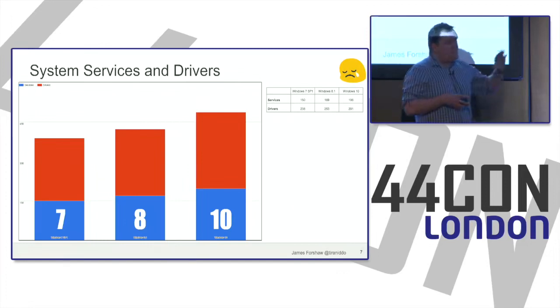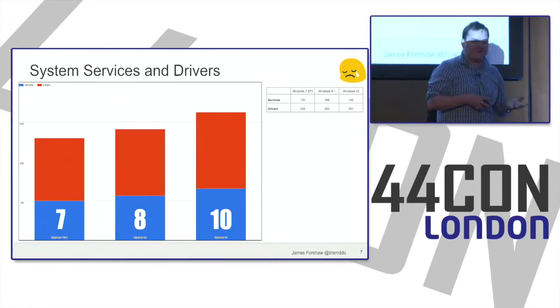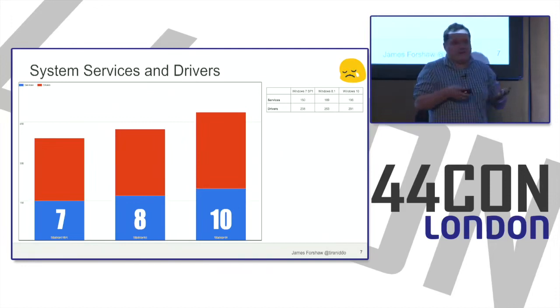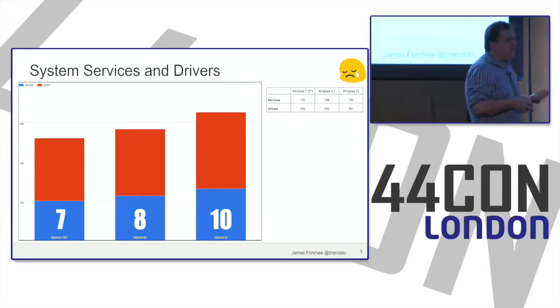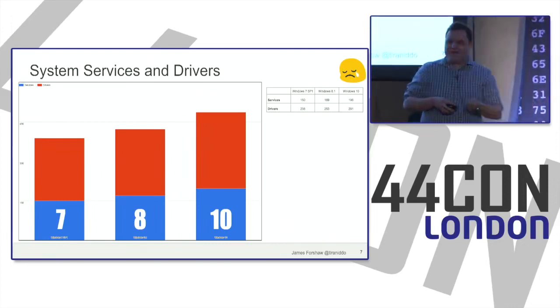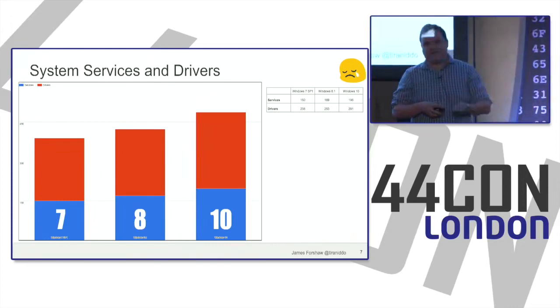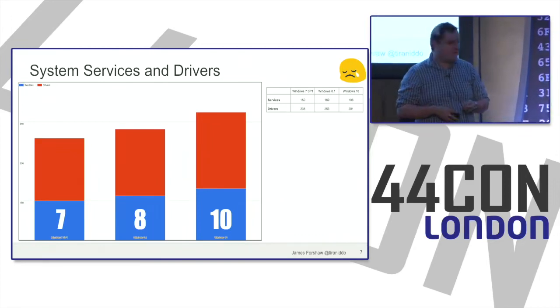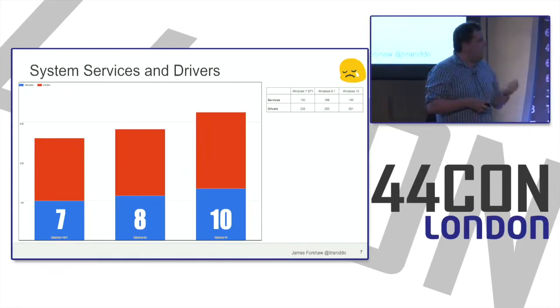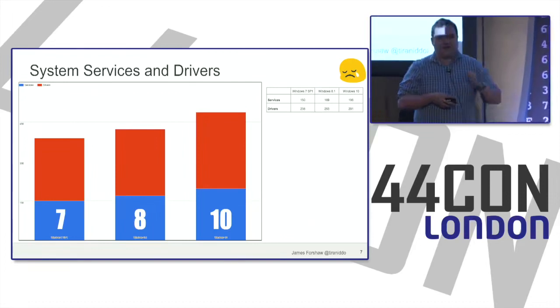In this case, blue represents system services, and red represents drivers. And I think you could clearly see a definite upwards trend since Windows 7 to Windows 10 in terms of the quantity of drivers. Theoretically, this has some reflection on the maximum attack surface which could be available to an attacker from a local privilege escalation perspective. But of course, it's not really an accurate metric because that's not necessarily representative of the real attack surface of the platform.